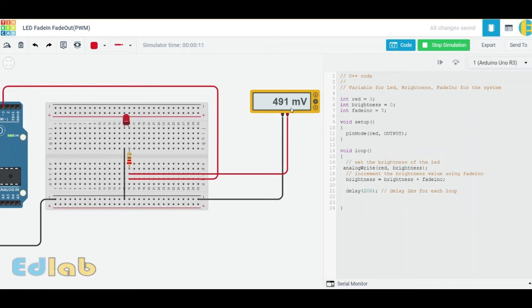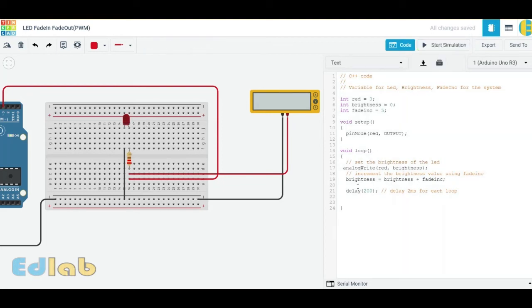Then it will go to maximum value. Then it will start again from 0 and increase again. So every time the loop executes, it will go to maximum value, then initialize from the brightness value 0, and then go to maximum brightness of the LED. So in this loop we are setting the value at the beginning to 0. But if we want our brightness to go to maximum value, then go down from maximum to minimum, then go from minimum to maximum, we can add one more instruction here